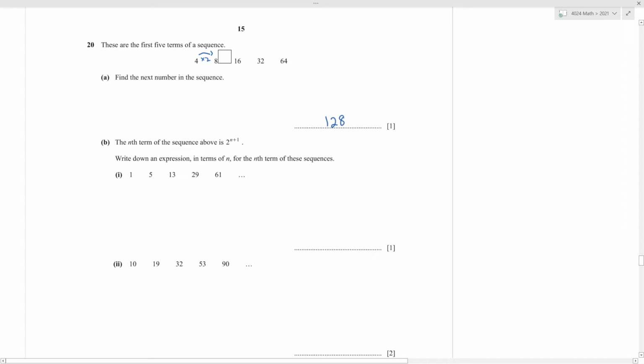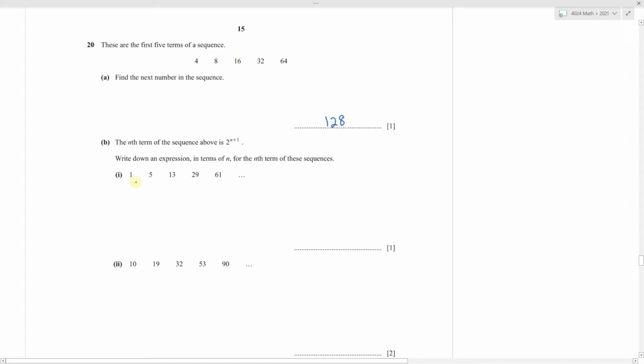Part B. Let me just erase this. The nth term of the sequence above is given by 2 power n plus 1. Write down an expression in terms of n for the nth term of these sequences. So if you compare these two sequences, the first term, this is 3 less than 4. 5 is also 3 less than 8. 13 is also 3 less than